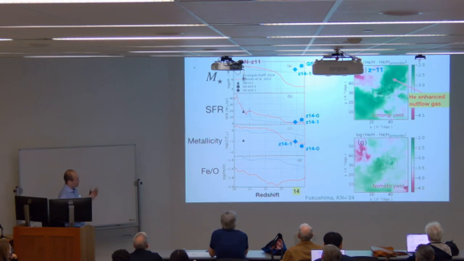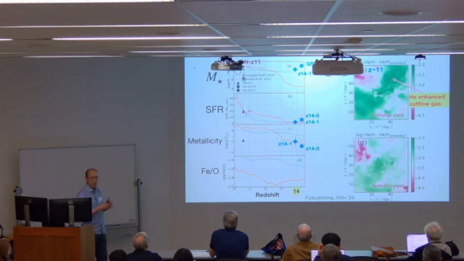The virtue of having a simulation like this is that we can look at the spatial distribution of these elements. Here we see evidence of spatial segregation of the initial enhancements of some of the elements. We're plotting this helium-enhanced outflow gas because you need this enhancement to occur only in the primordially enriched gas,